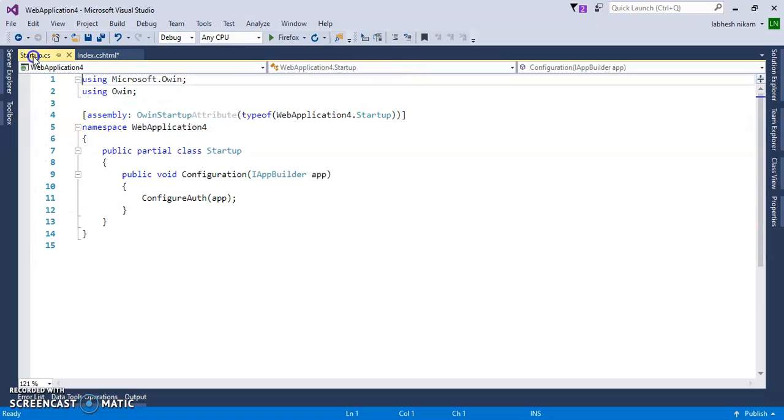And this is the startup file, the Global.asax file, and here you can enable or disable the features of unobtrusive JavaScript.